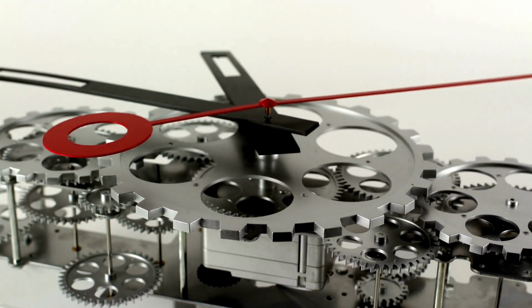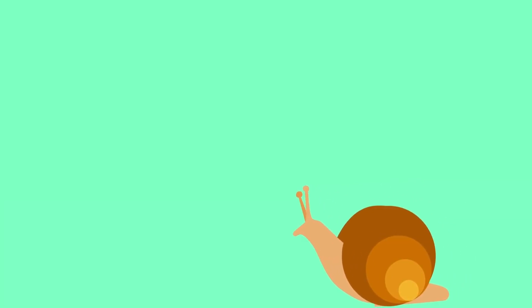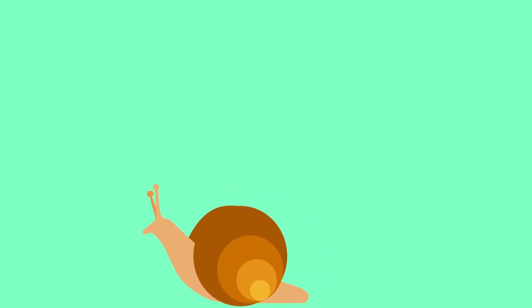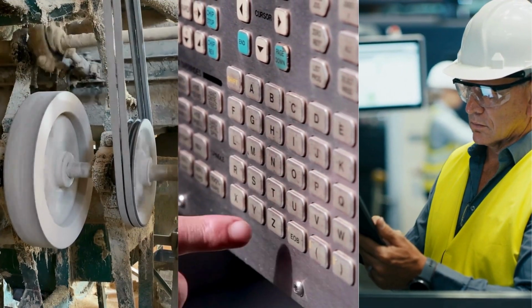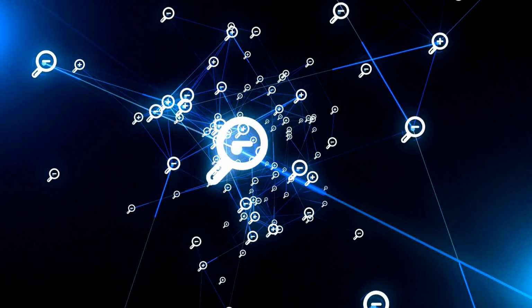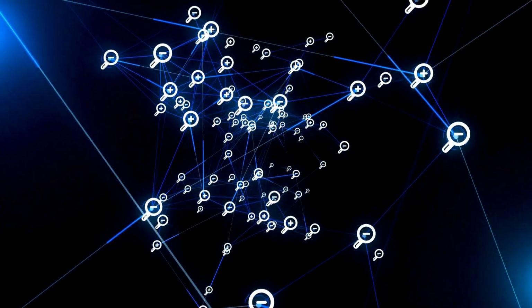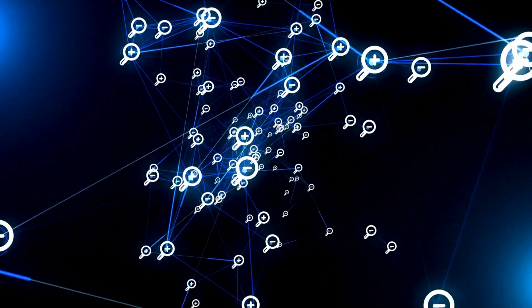Next up is slow cycle times, which impact performance. If your machine is running slower than its ideal cycle time, you're not utilizing it to its full potential. This can happen due to worn-out tools, suboptimal settings, or simply a lack of real-time monitoring. To optimize performance, it's crucial to identify the root causes and take corrective actions, whether it's replacing worn parts or